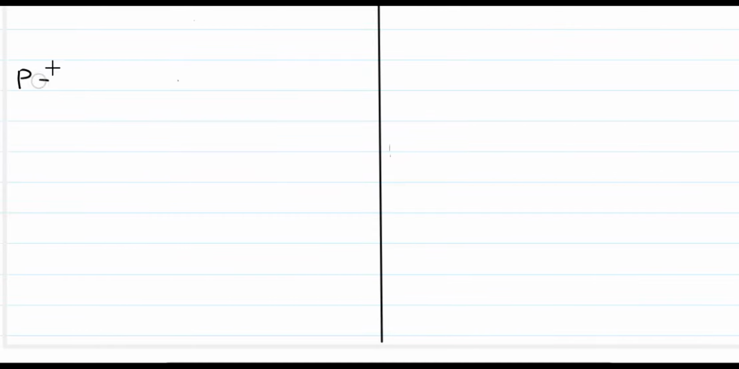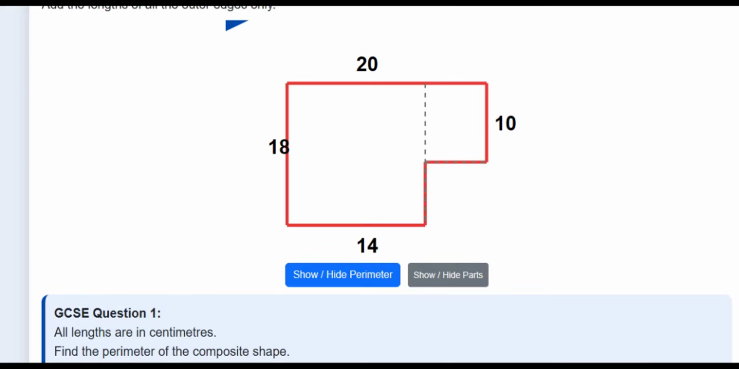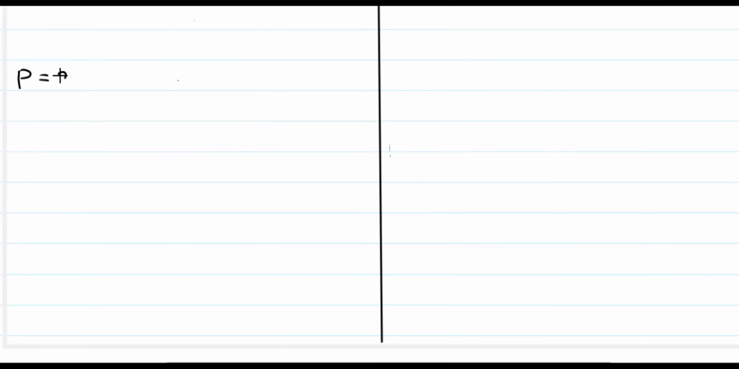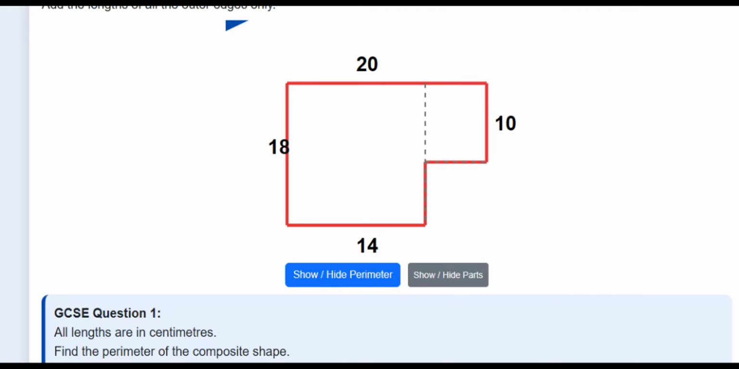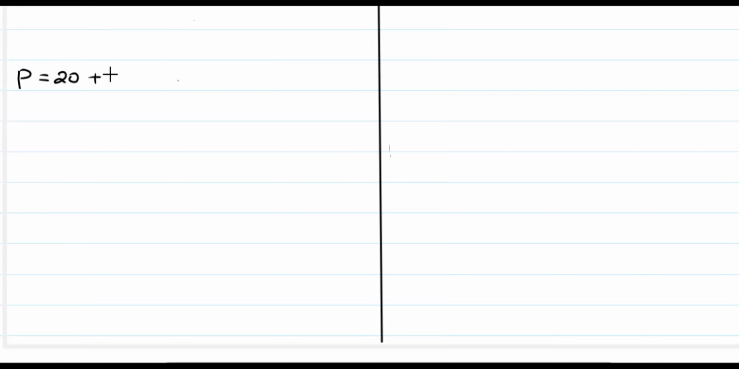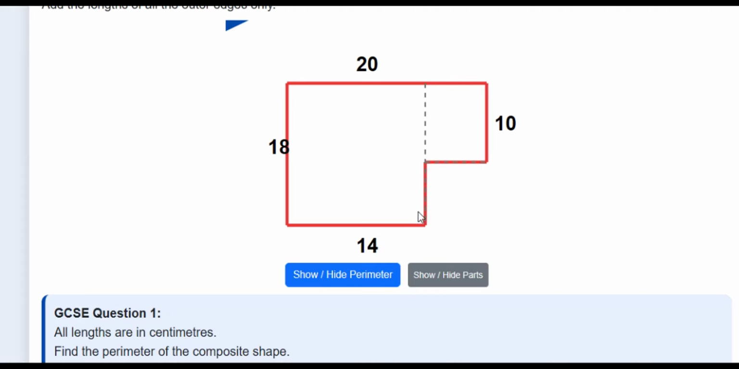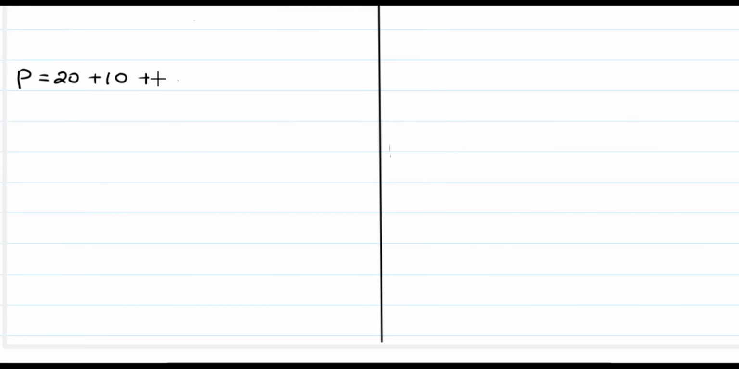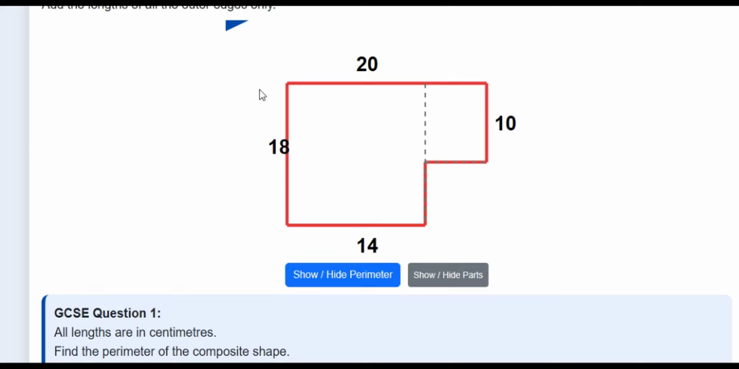is given by, I start with the first one, I can start with 20 plus, this one is 10 plus, we can skip this one and this one for now, and then we get this one which is 14, then plus this one which is 18,